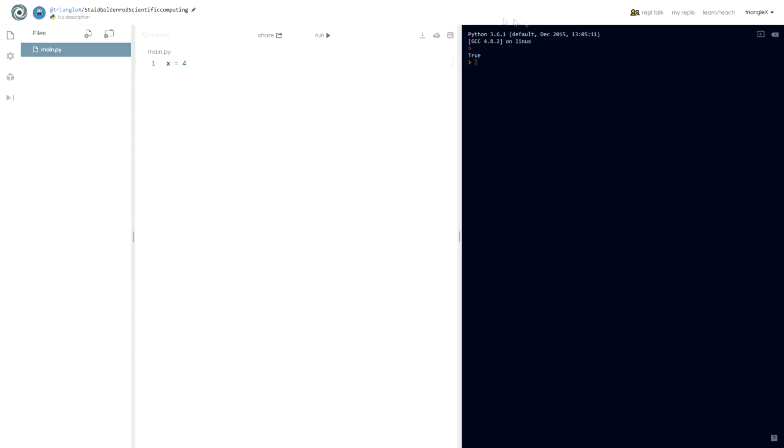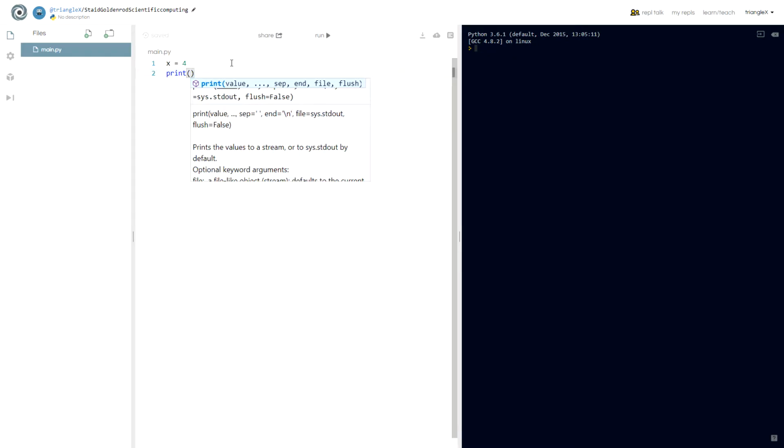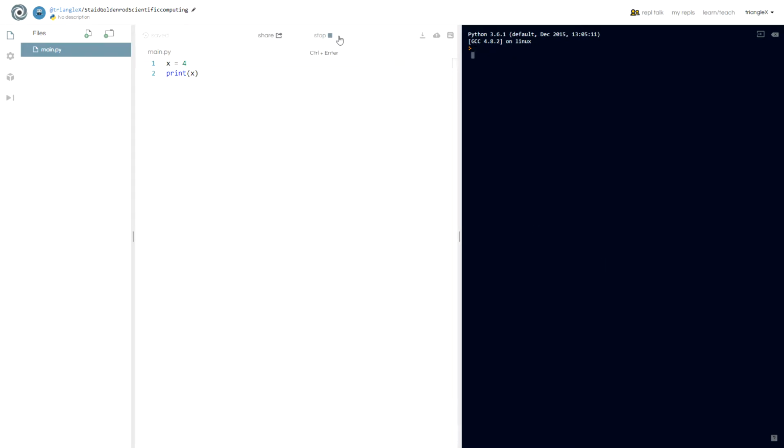So I can just say that x equals 4 and x will be an int variable. Now what I can do is print the variable, so print x, and if I run it,